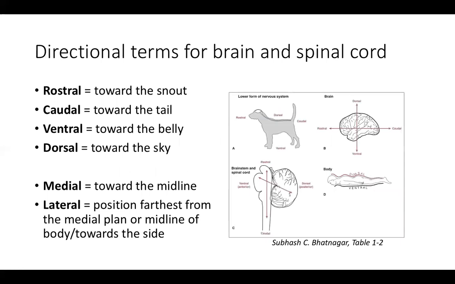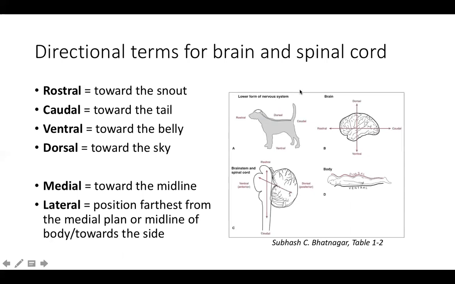Now that we've discussed a little bit about a general overview of the nervous system, what I want to share with you now are key terms that are used to provide direction and orient us to images of the nervous system. On the right-hand side, I've included 4 main images, and I'll go through them. But what I want to first start off with is taking the nervous system of a dog.